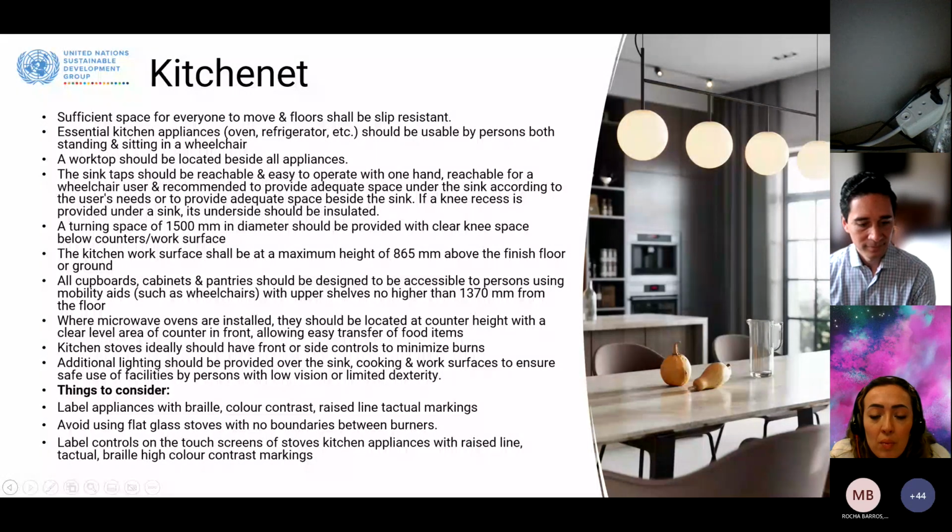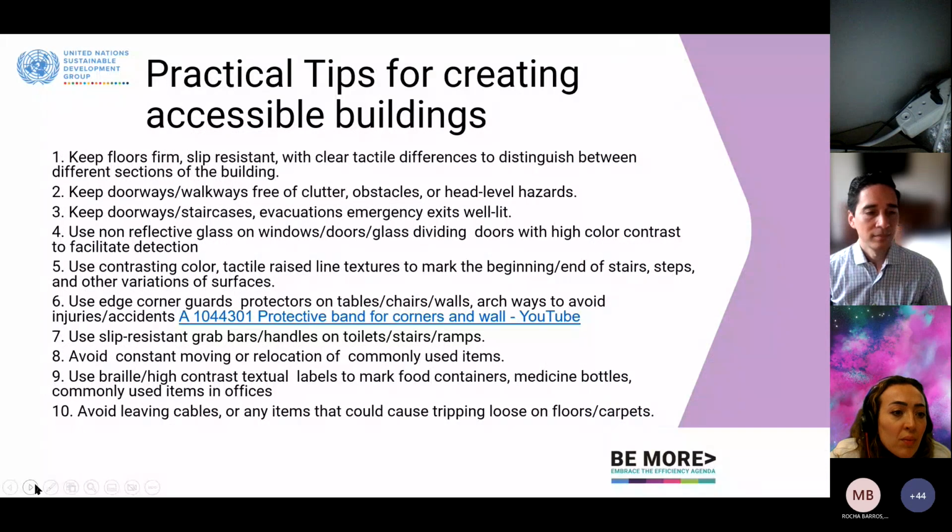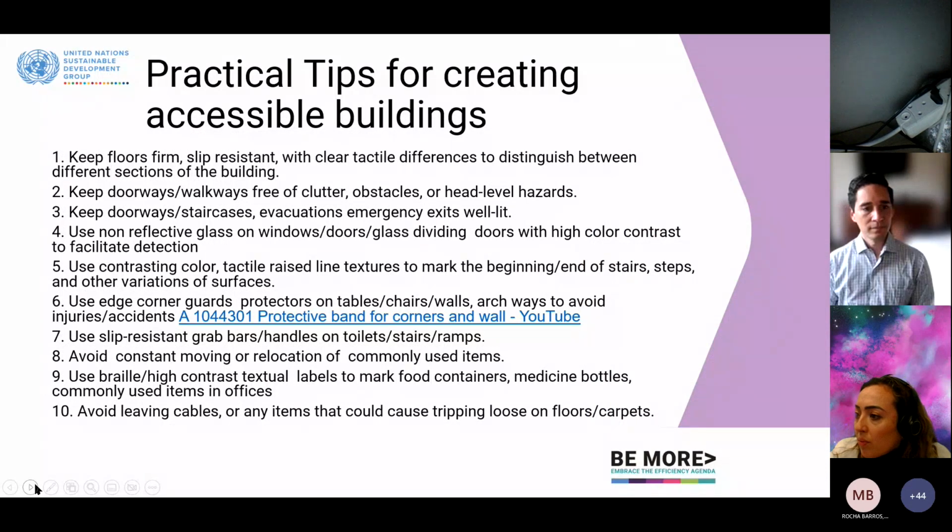Yes, and the only thing I would like to mention over and over again: always consult with persons with disabilities and choose more than one representative for each disability, from more than one age group and more than one educational level. Make them as diverse as possible in order to have as comprehensive a view as possible of any modifications you're going to make in your premises.